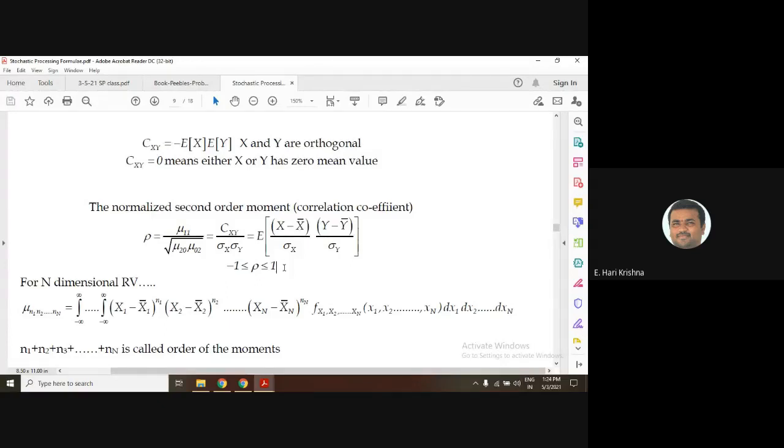This is one interesting parameter. I have used it in almost 5 to 6 publications that I have published in the IEEE. I have used this correlation coefficient for wireless communication, for biomedical signal processing, and some other important applications. I have used this parameter in my research.